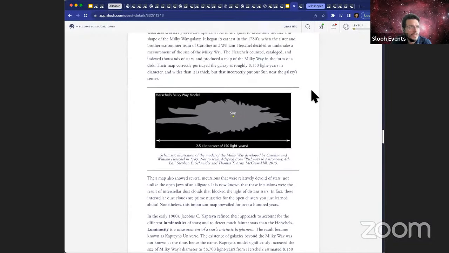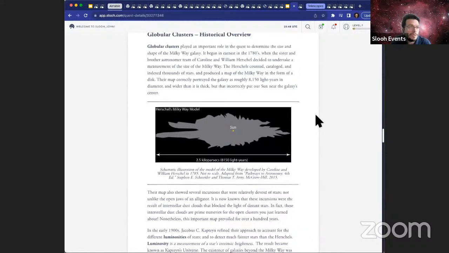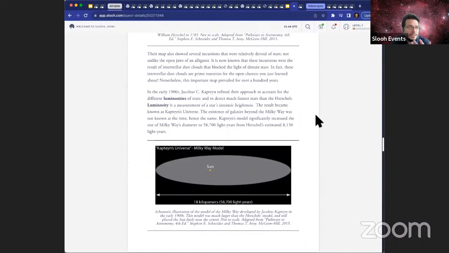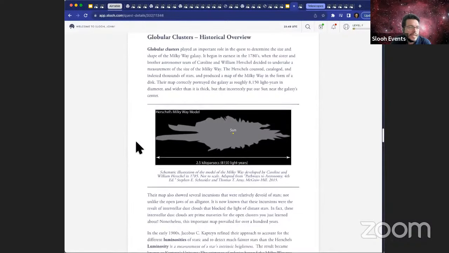But before then, they learn a little bit about how we discovered globular clusters and why they're so important to the Milky Way. Because the globular clusters orbit above and below the Milky Way's disk, it was an important tool to figure out how big the galaxy was. And so this is almost like a prequel